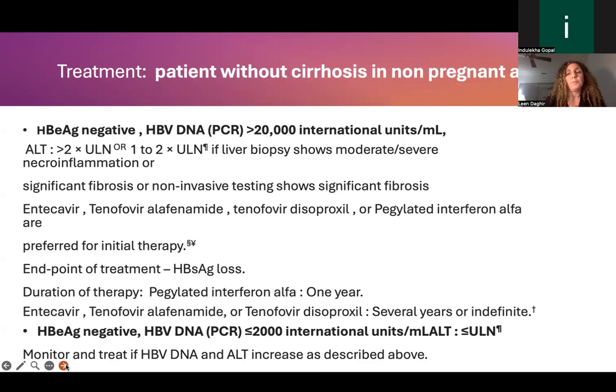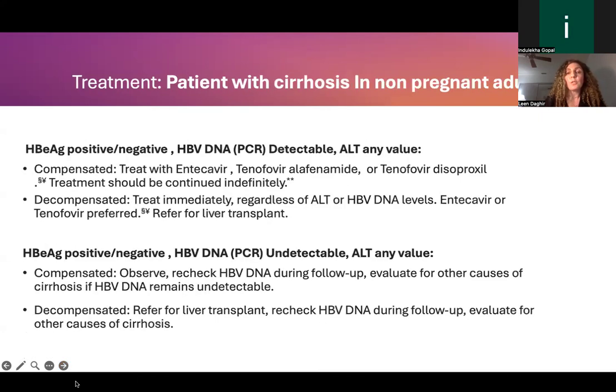and treat only if the hepatitis B DNA and ALT increase as described above. For the patient with liver cirrhosis, there are two scenarios. When the hepatitis B E antigen is positive or negative, and the DNA is detectable, and the ALT at any level; or if the hepatitis B antigen is positive or negative and the PCR is undetectable and ALT is at any value. So in the first scenario, if the patient is compensated, we treat with entecavir, tenofovir, or